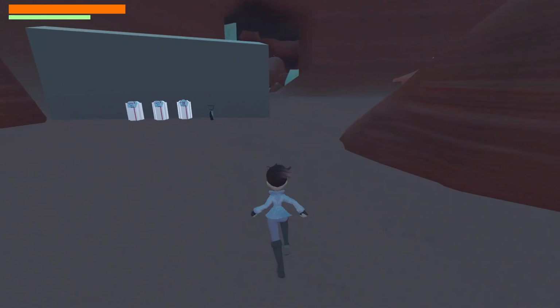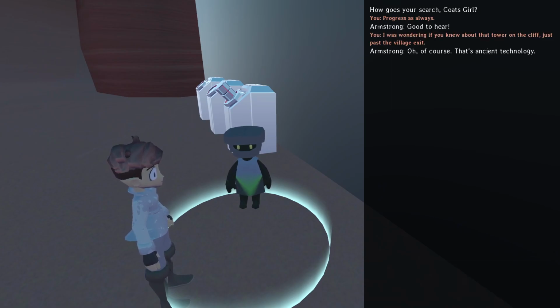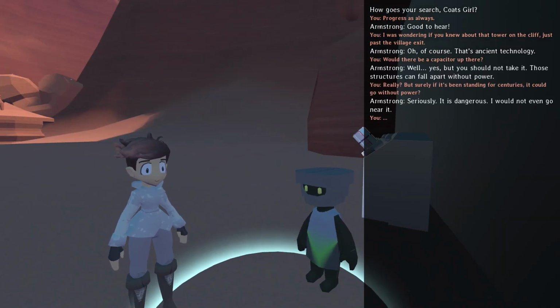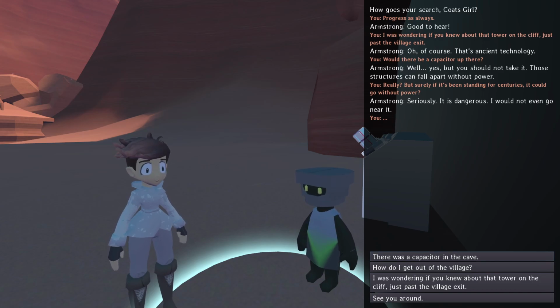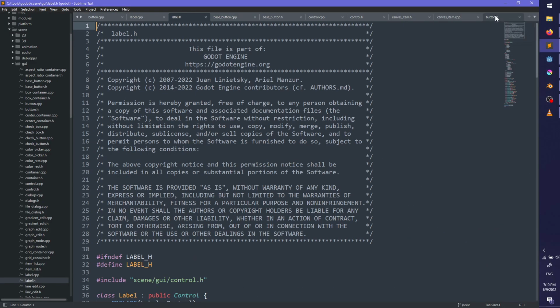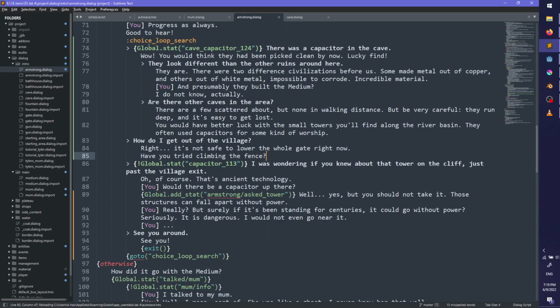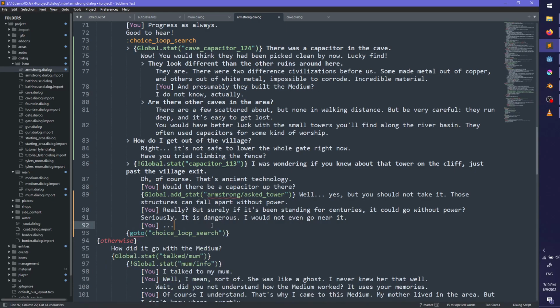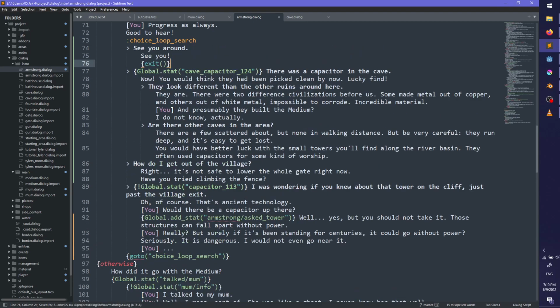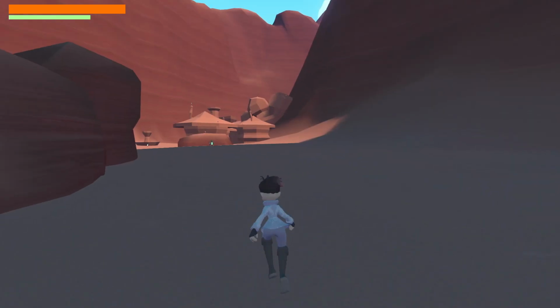Alright, that's good enough for that. I've completely forgotten what I was going to do. I was going to do, I don't know, whatever, that, to make sure that that works. I'm going to put see you around at the top, so the player doesn't get confused and lost if they're just clicking through. I'm getting a headache. Okay.